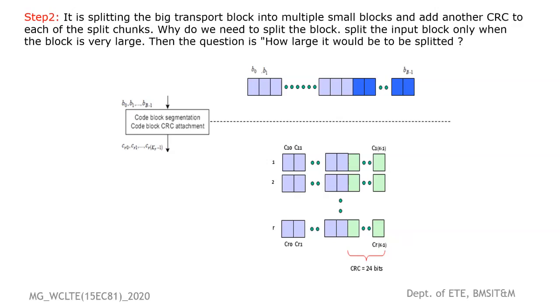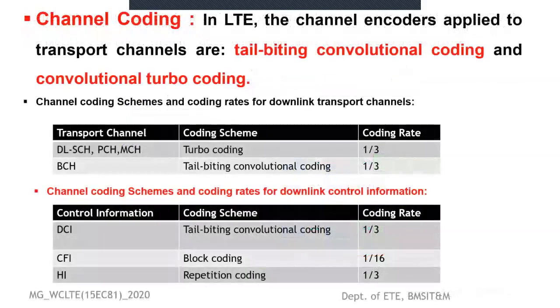The transport block with CRC is segmented further into small blocks, which is shown here, 1 to R. Then the next step is the channel coding. In channel coding, different schemes and different coding rates are used for downlink transport channels. Which I said for transport channels, that is for the downlink shared channel, paging channel, and multicast channel,